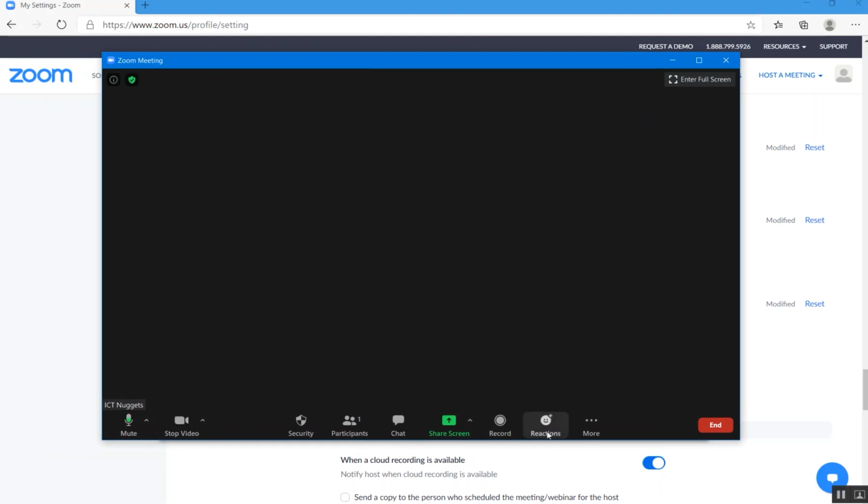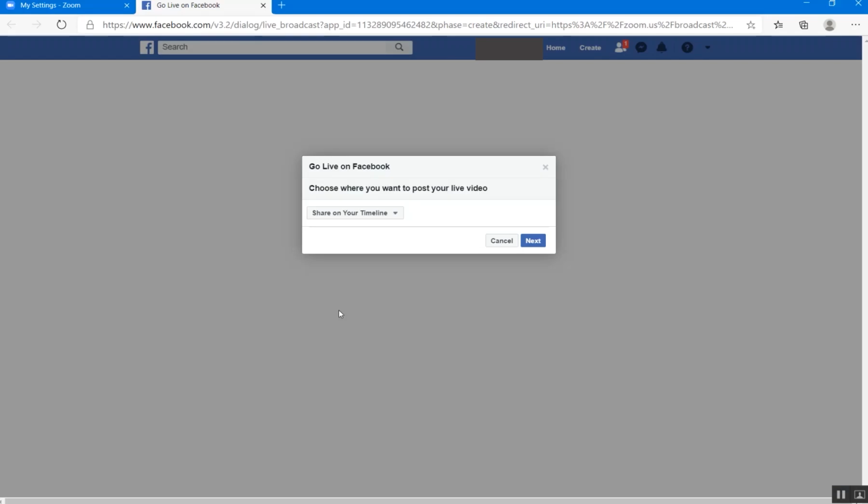If you note, I can see another tab over here, More. After enabling the option on the portal, we got this option of More. If I click on that, now I have the option to go live on Facebook, live on Workplace by Facebook, or live on YouTube. So for Facebook I will click on the first option, Live on Facebook. After that it will open a default browser and the Facebook page will open. If you are not logged in on Facebook, it will prompt you to log in, and after that you will see this small window to go live on Facebook.